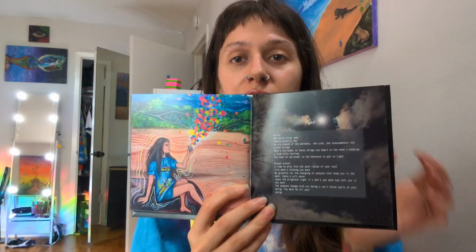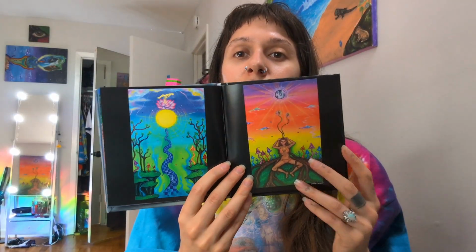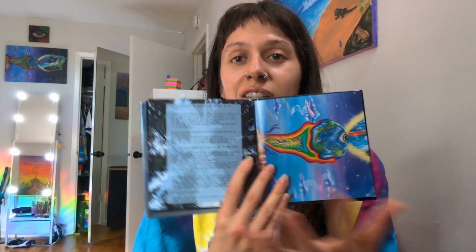I've been wanting to do this for years. At first I had it started as a scrapbook type of thing, as a physical form, but it just wasn't coming out the way I wanted it to. So then recently this year I figured out, oh, I could put pictures that I've taken behind the words, because that was the main thing that I was struggling with, not knowing what to put behind all the poems and reflections. So I finally figured out that I can put my photography pictures, and that's what I did. And I made this all on Canva, which was pretty cool because they have it laid out where you can see each page in a very easy way to plan it out. And yeah,